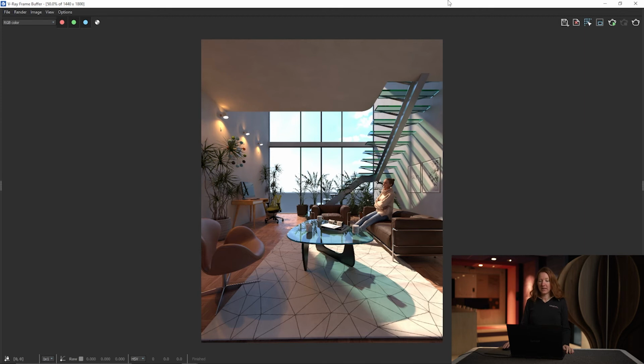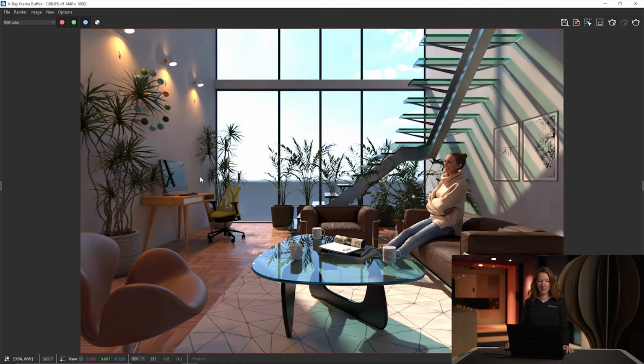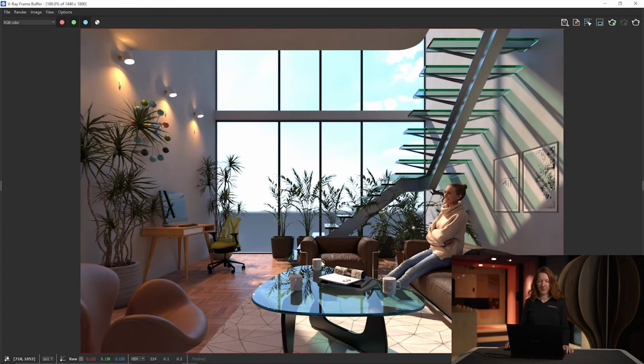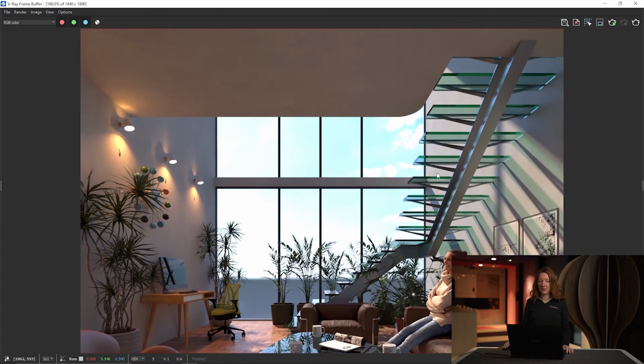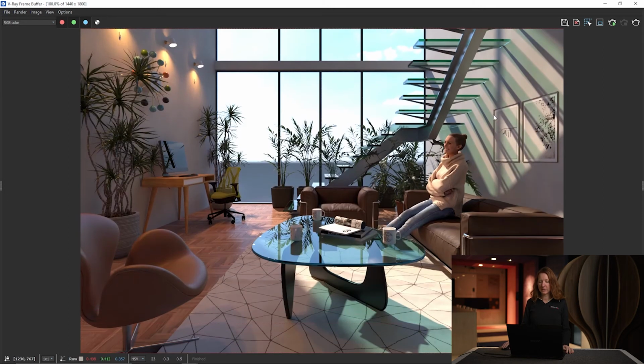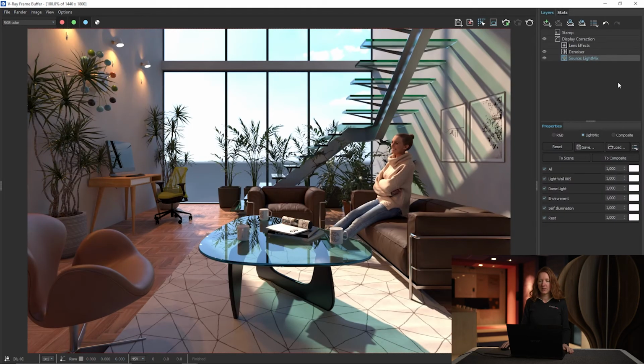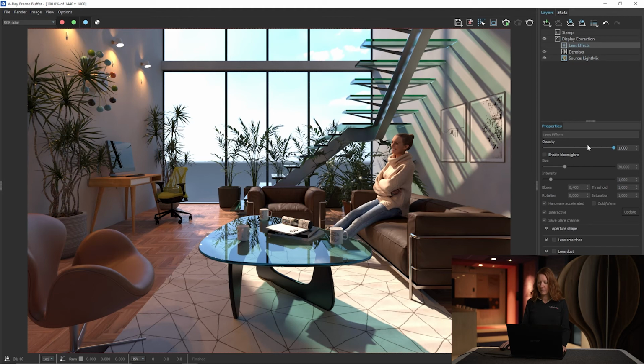Our render is ready, and you can see we've got a beauty. Now let me tell you just a few little more things that we can do with this render now that it is ready. At the right side of our screen, we can double click to expand our layers, and we are getting a Photoshop-like layer structure where we can enable some stuff such as lens effects,